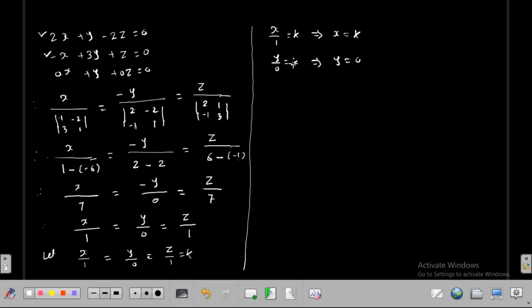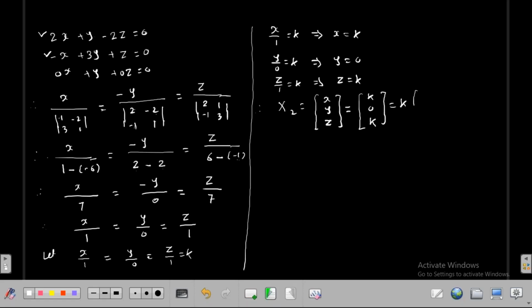If you multiply 0 into k, that is 0. Then z by 1 equal to k. This implies that z equals k. So therefore x2 vector we write as x, y and z, which equals x is k, y is 0 and z is k. Taking k common, we get 1 0 1